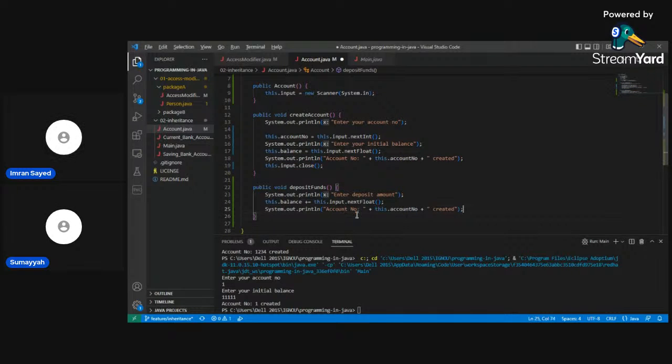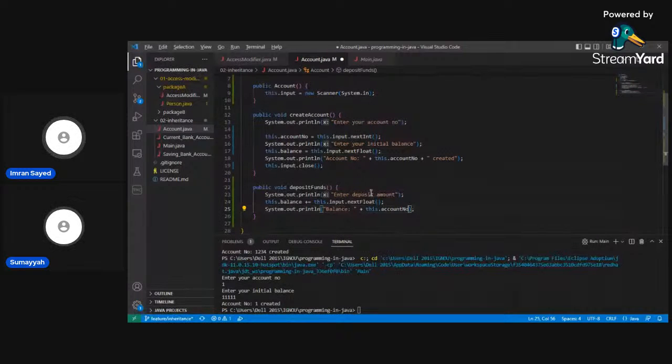and replace the account number with, maybe we can say that this much deposited and new balance equals so and so.